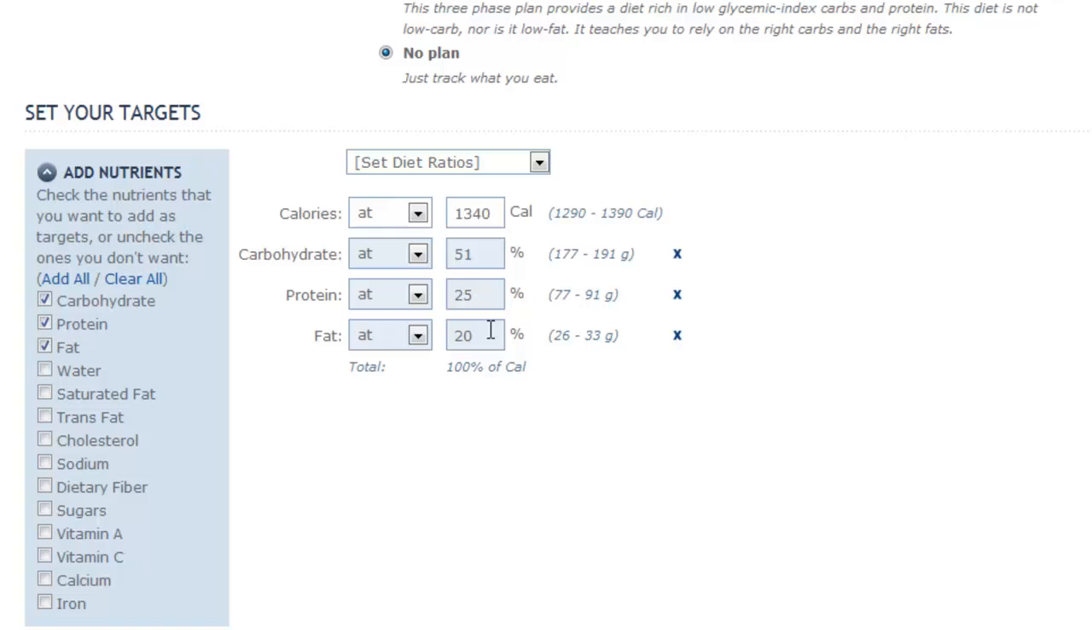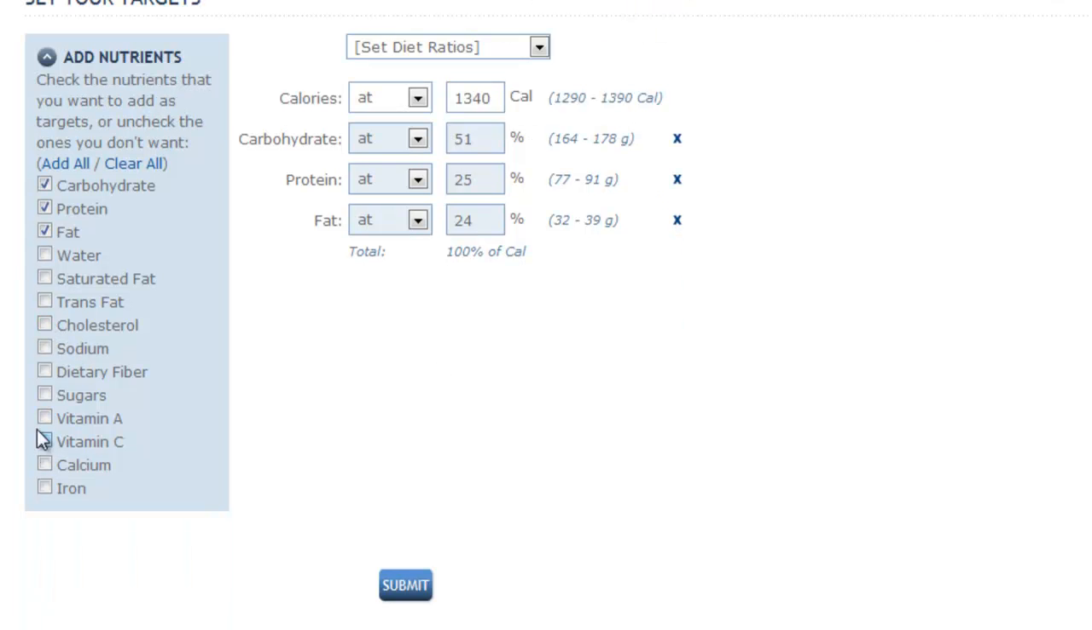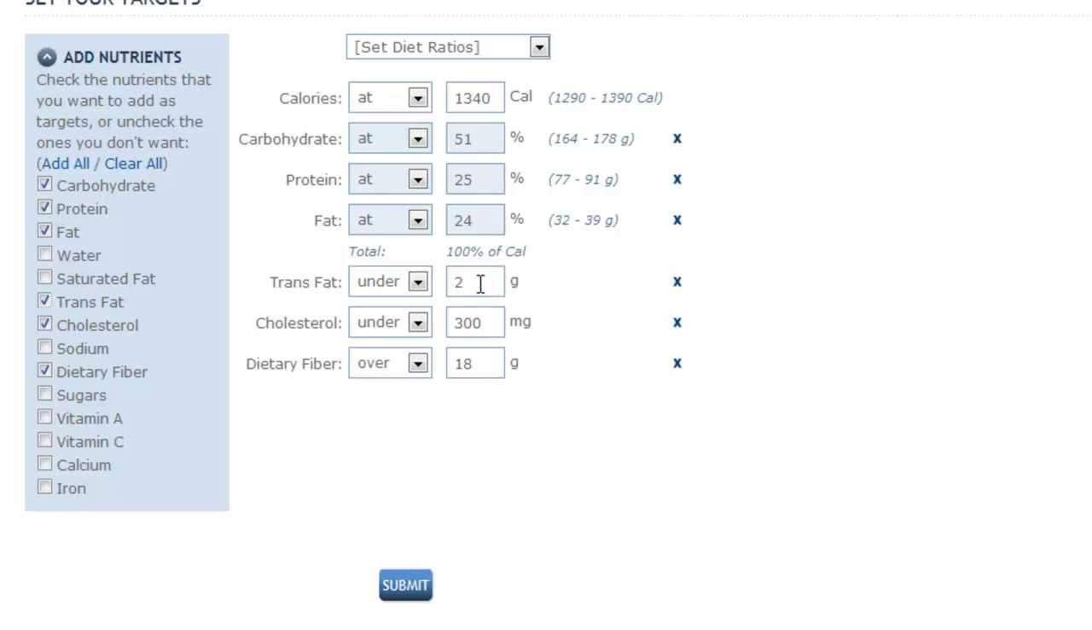Let's say you want to make this 51% and you have a little bit more fat in there. Then you can choose additional nutrient targets to add as diet rules. Let's say you want to have a fiber target and a cholesterol target and a trans fat target. The system has recommended targets. You can obviously tweak these if you want. Add a little bit more fiber